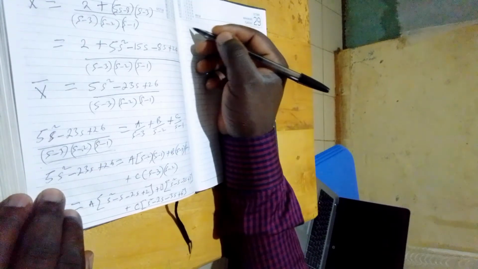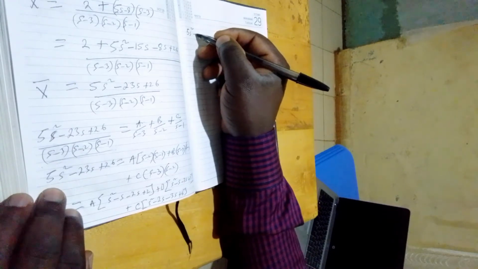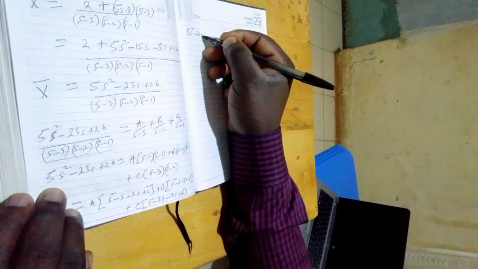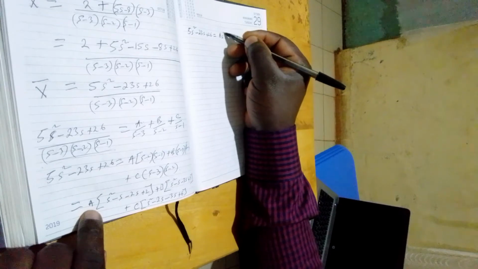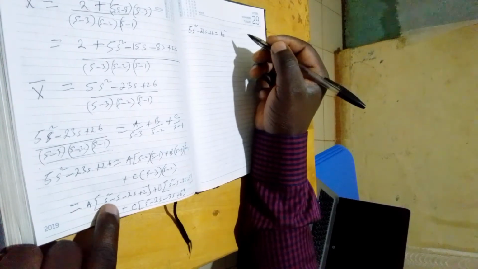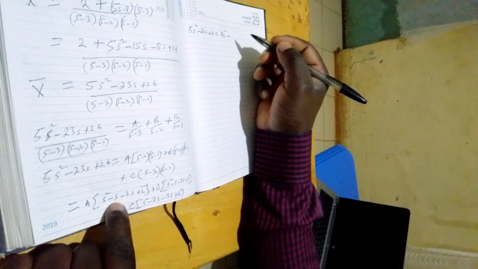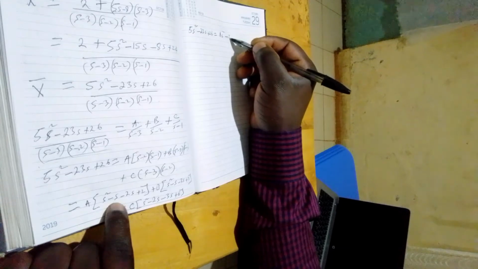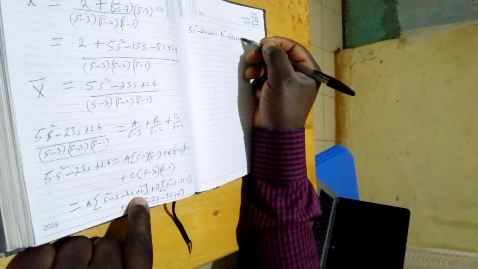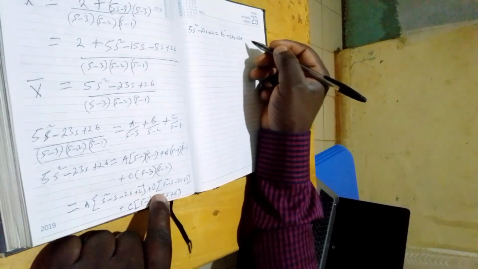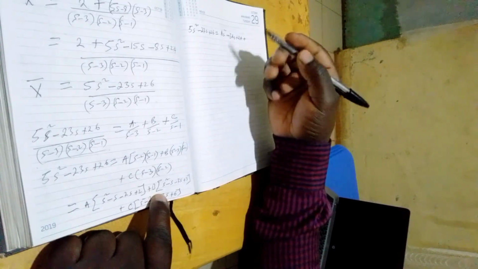So we are saying that 5s squared minus 23s plus 26 equals, now we open the bracket, a squared minus, now minus s minus 2s, we have minus 3as plus 2a, then plus, now minus s minus 3s, so here we have plus